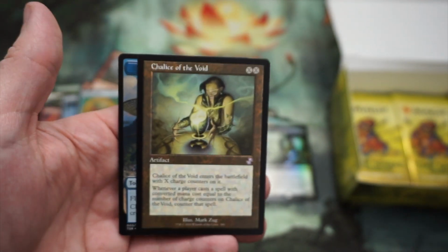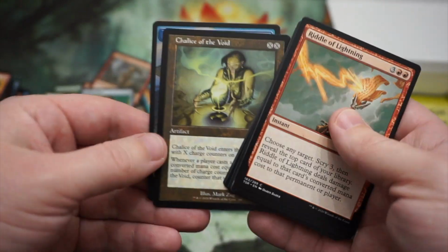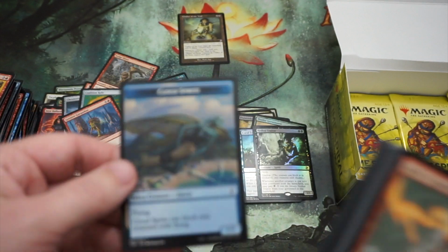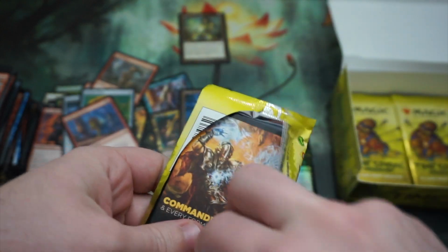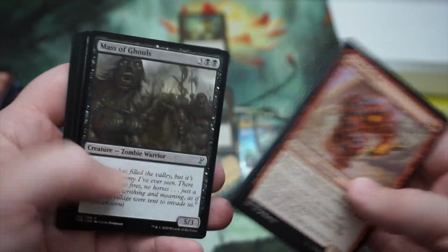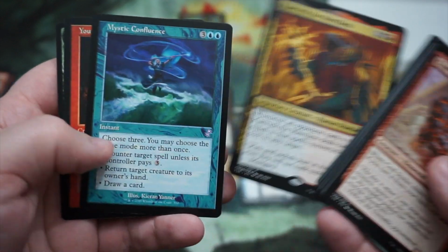Yes! All right, Chalice of the Void. There we go. That's a solid hit, you guys. I cannot complain about a throwback Chalice. That might actually be getting graded, because I'm a weirdo like that. I do grade Magic cards on occasion. Usually only older reserve list ones, but these are kind of special. Unless Wizards goes reprint crazy, that card in minty condition way in the future, I could see it being a desirable item, no doubt. Especially since this is a low print run set, so it has